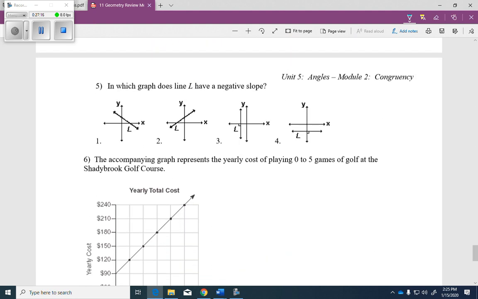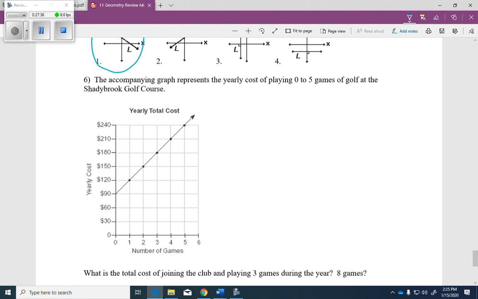In which graph does line L have a negative slope? Negative slopes slant downward. So choice 1. This is positive. This is undefined. And this is 0. Just for your knowledge. And finally,